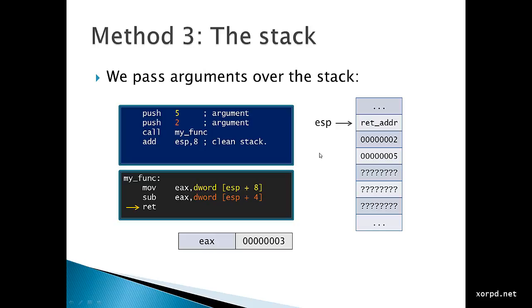So this is pretty much a hassle. We have to pop ret address and then pop the 2 arguments, and finally we have to push ret address again if we want to do it the pop and push way. A much more efficient way would be to just access those values directly. Regarding the stack, I think that this is where theory and practice differ. In theory, you can only push and pop, but in practice, you can really do whatever you want with the memory. The stack is just a location in memory, so I can access any dword that I want inside the stack.